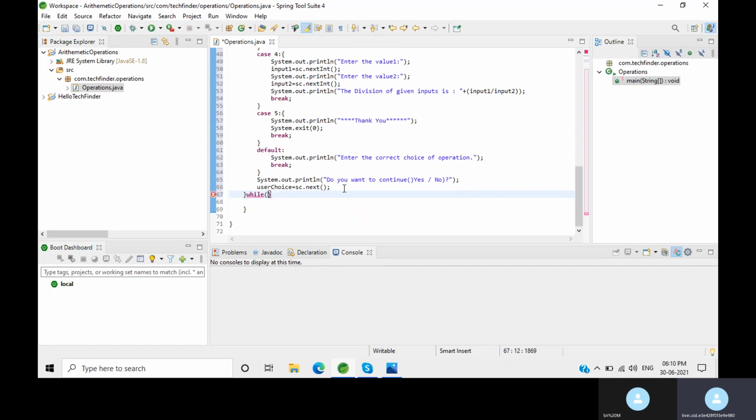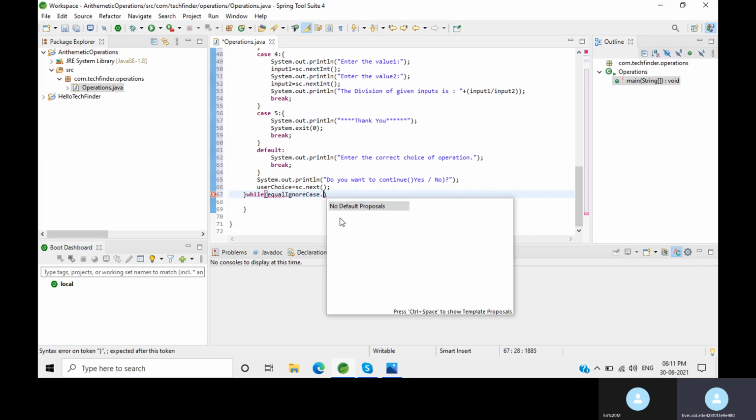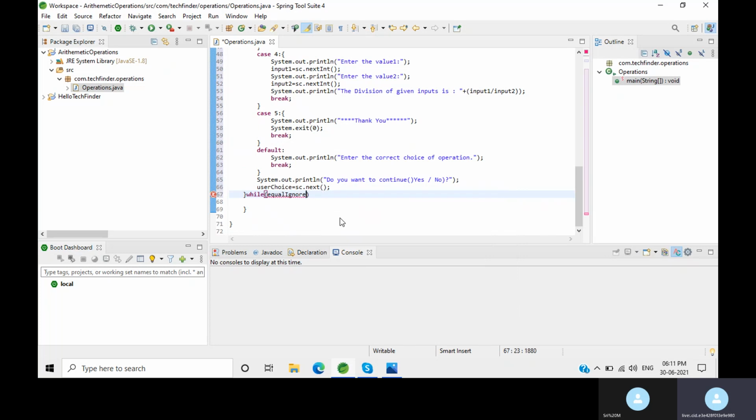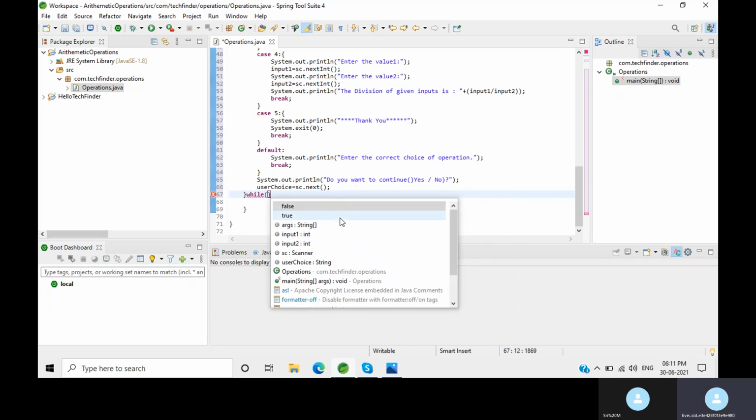Now coming to the while, here we need to write the condition like equalsIgnoreCase. Why I am using equalsIgnoreCase: if I type yes, either it is capital, camel case, or lower case, then it should consider it as yes only.